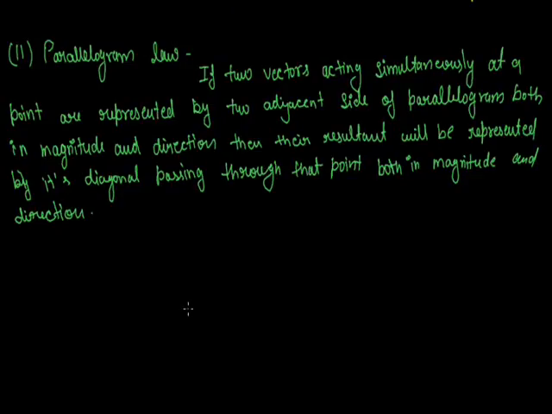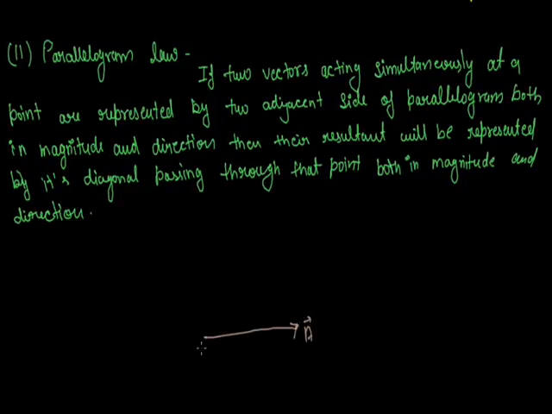If two vectors A vector and B vector act simultaneously at a point O, then the resultant will be represented by the diagonal passing through that point. Now, the mathematical expression for